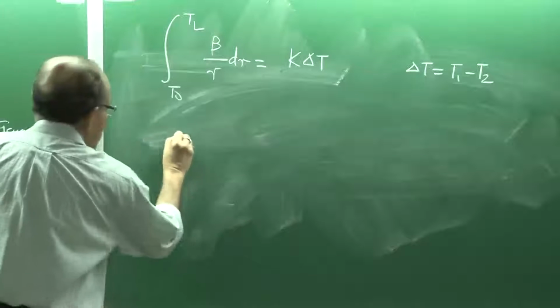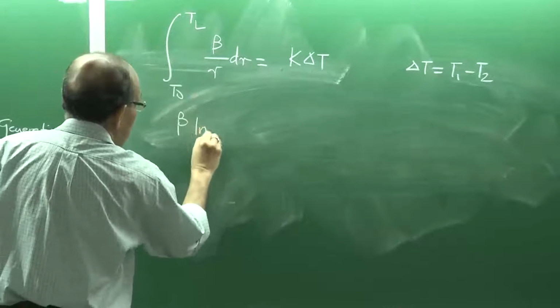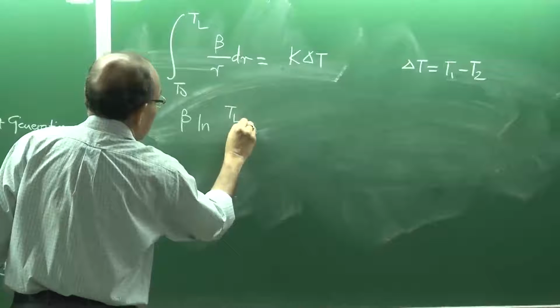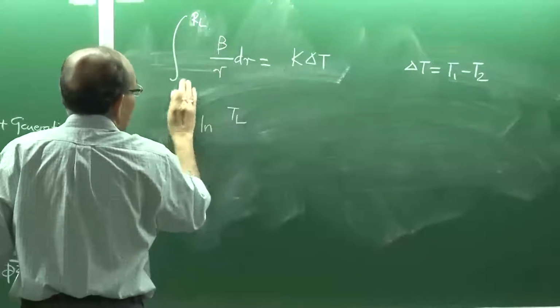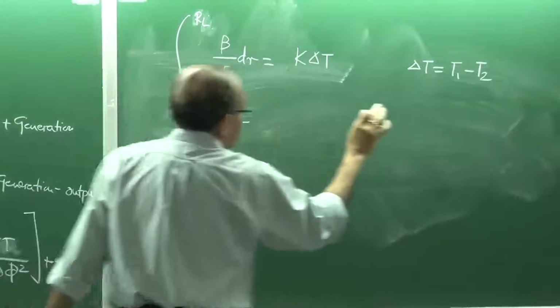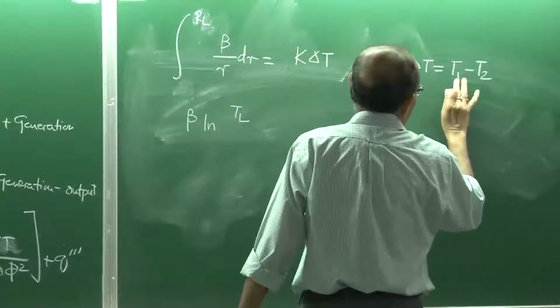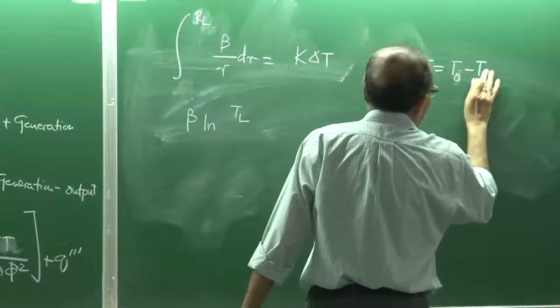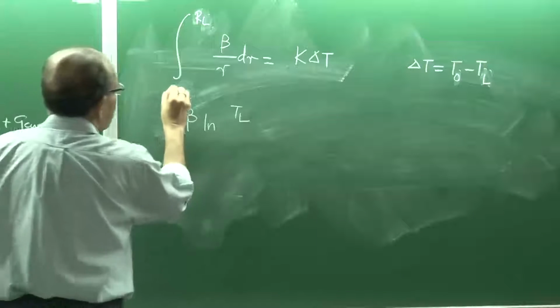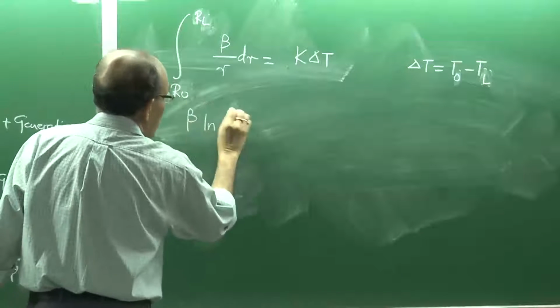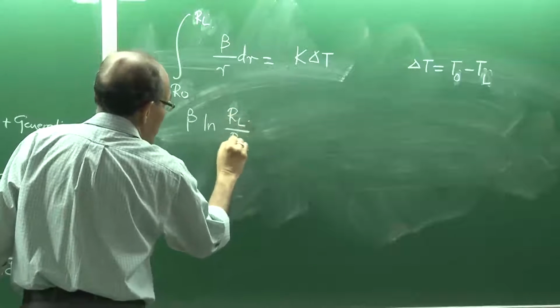This therefore gives us beta ln RL, sorry, this should actually be RL, and this should not be T1, T2. So this should be T0 minus TL as I have defined. Let us be consistent, and this is R0. So this should be RL by R0